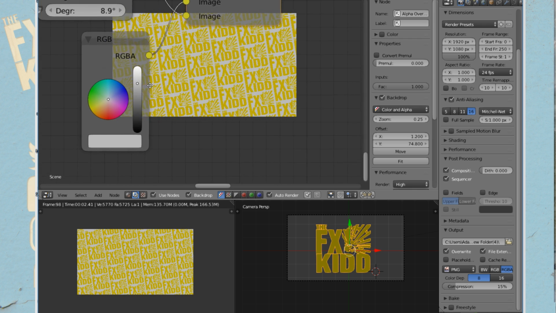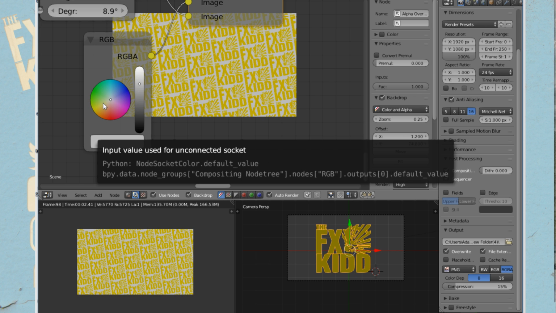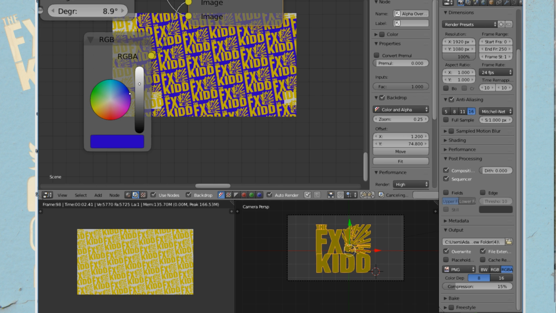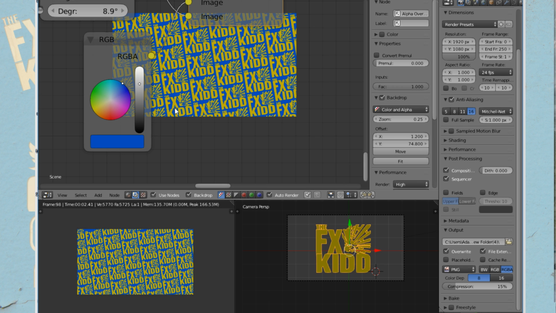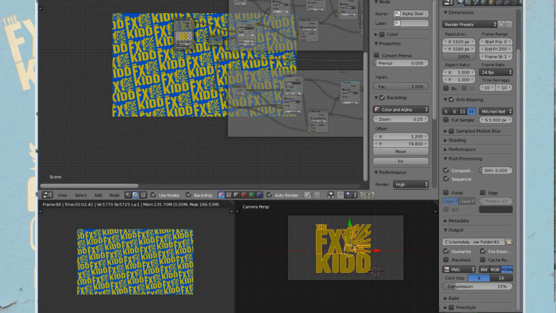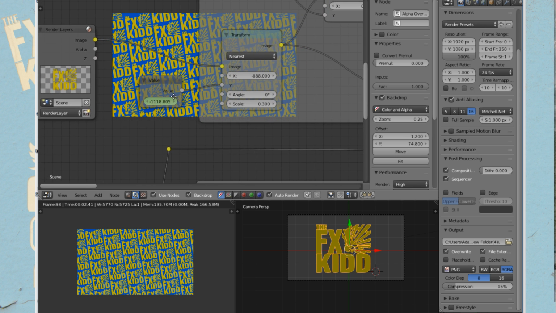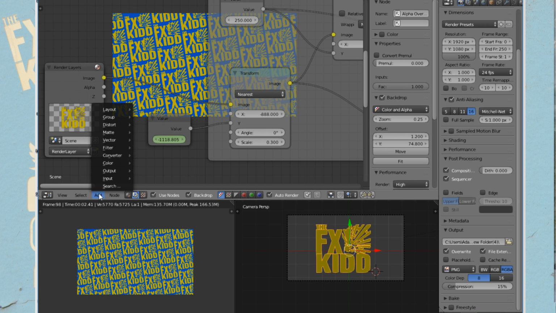Let's say I want to do a little bit different. What's yellow? Okay, so yellow's right there. The opposite of yellow would be blue. That kind of works. But I want to offset just a little bit because I do have to pop another logo on top. You know, one thing I might actually do is change the color of my FX Kid there because it really pops out. So from here, let's go ahead and add